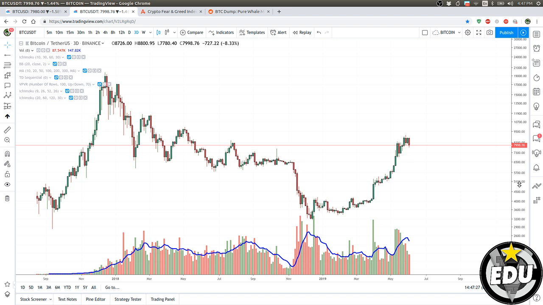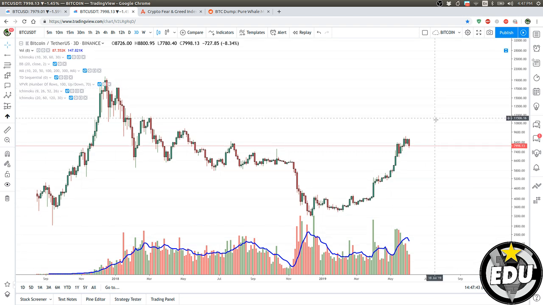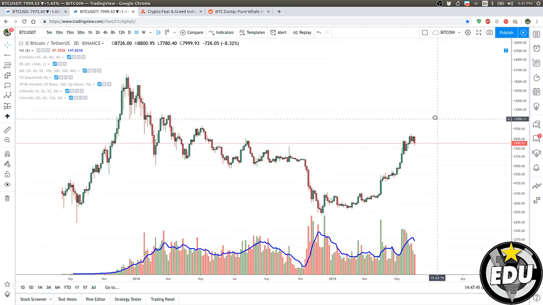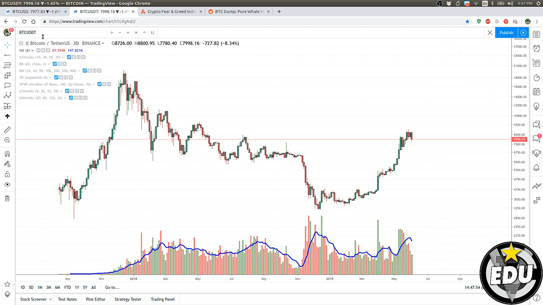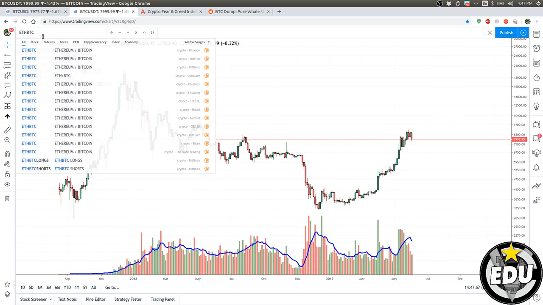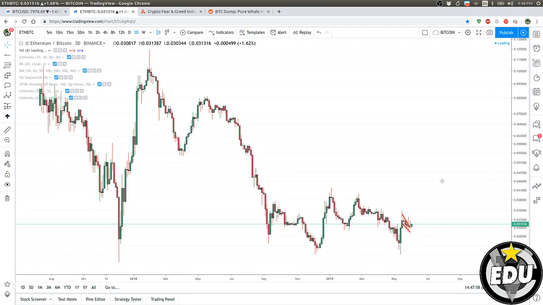If I feel bearish on BTC, I don't trade the USDT market, and I check Ethereum BTC to trade altcoins, because Ethereum BTC, being the father of all the coins and ICOs, if Ethereum goes up paired with BTC, that's good for altcoins and altcoin season too. So keep an eye on Ethereum BTC, and it's holding right now. So that's why we have been trading altcoins in the BTC market.